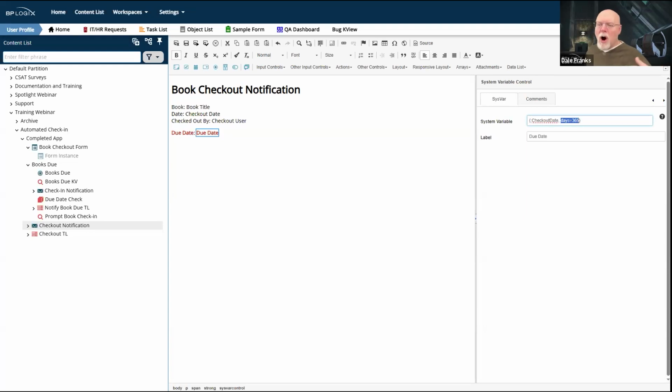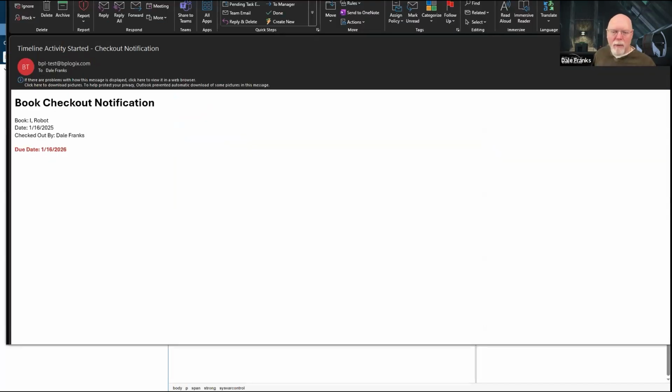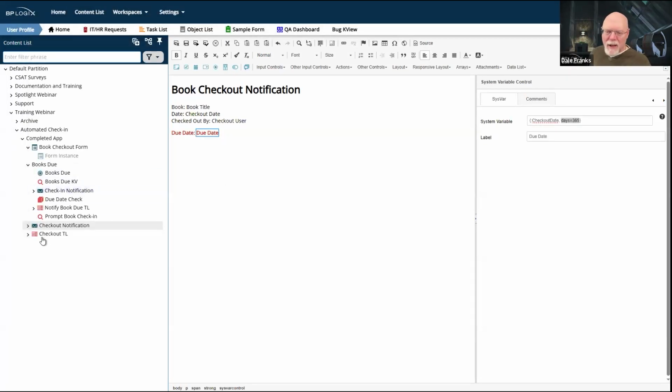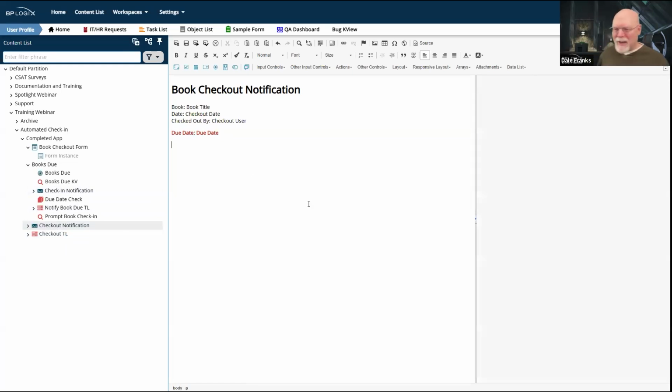So that will just automatically count to 365 days in the future and will show that date to me. And so that's how we end up with 1/16/2026 as the date shows up in the email template. So it would have been a little less confusing, I think, had I covered that initially, but unfortunately I didn't. So I apologize for having to play a little catch up.